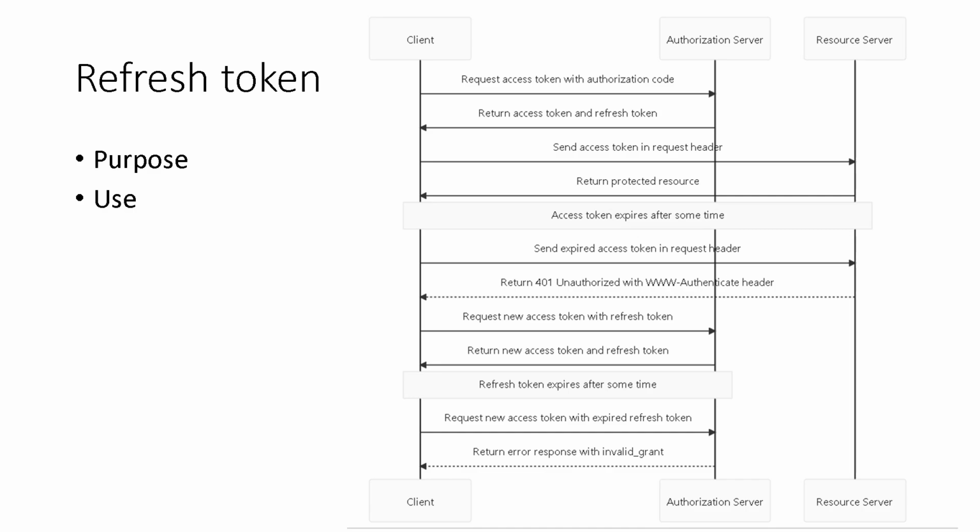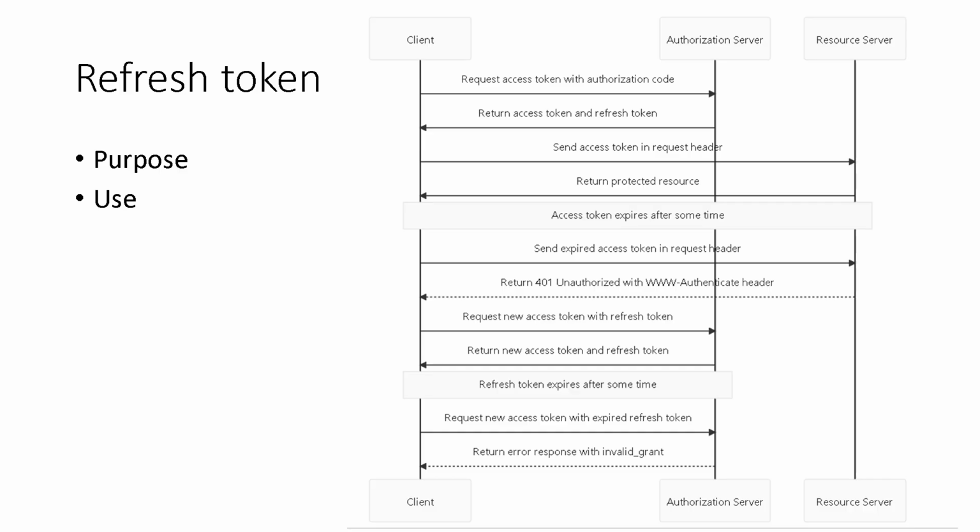The access token is utilized for accessing protected resources hosted on the resource server. It is sent in the request's authorization header, like we discussed in the bearer token scheme. However, it's important to note that access tokens are temporary and expire after a set period of time, typically around 30 to 60 minutes. Upon expiration, any attempt to access protected resources with the expired token will result in a